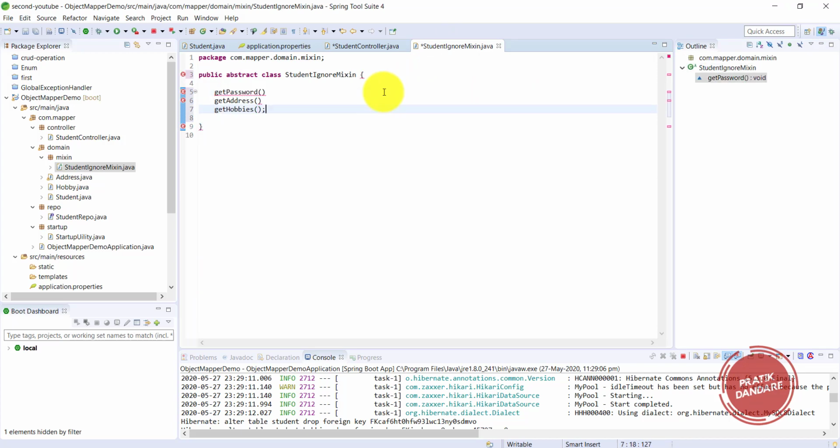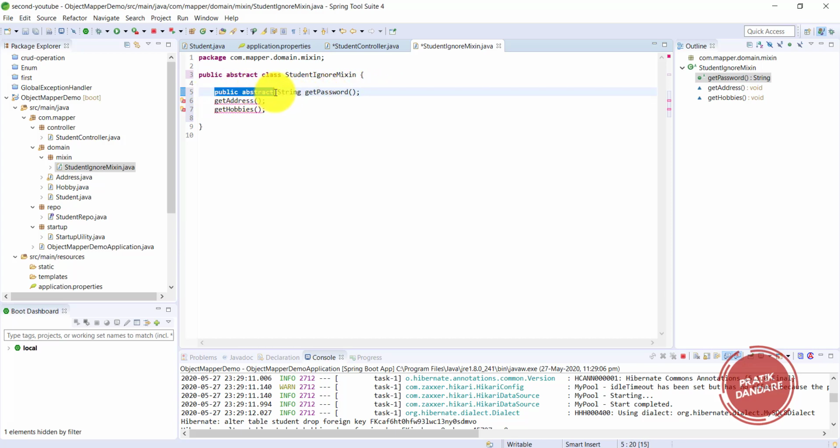I put all of them here, and the password has the data type string, in the form of abstract. Okay, so we are done with the password.